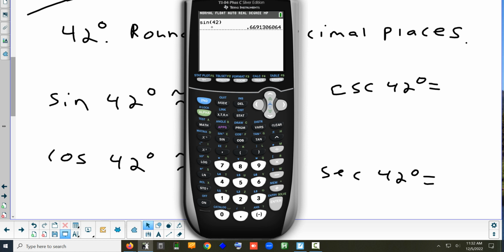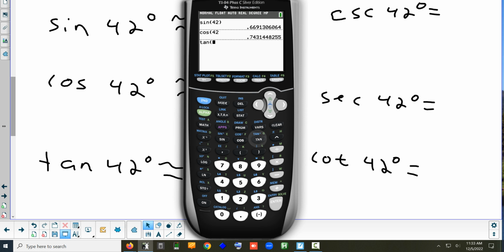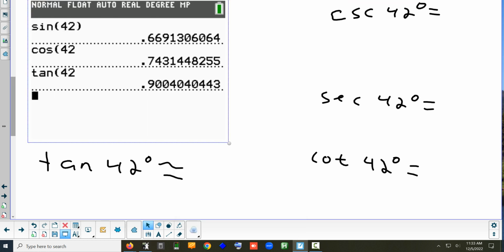How about the next one? How would I type that in? Just cosine 42. All right, and the last one. Tangent 42. Okay. So those are the only 3 that we have buttons for